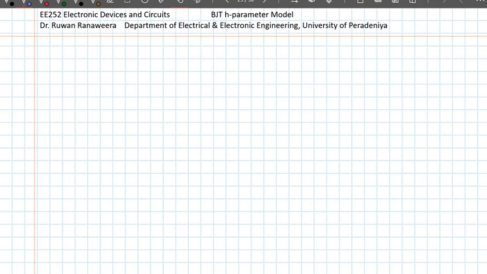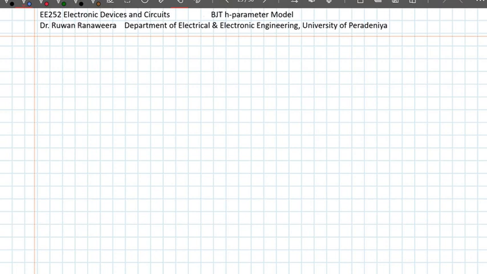Also, the assumption was that it is properly biased so that the transistor will not operate in the saturation or cutoff region. Under these assumptions, it was possible to convert this BJT into a linear active two-port